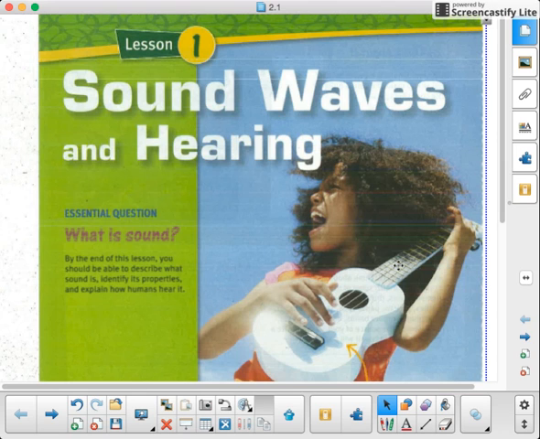These are the notes for Module J, Unit 2, Lesson 1. The topic is sound waves and hearing. The essential question is, what is sound? By the end of this lesson, you should be able to describe what sound is, identify its properties, and explain